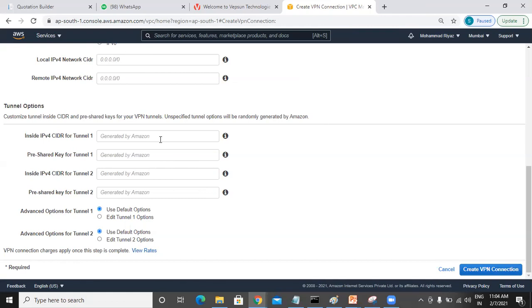So what exactly does this pre-shared key do in your VPN? It is an authentication option, the default authentication option.